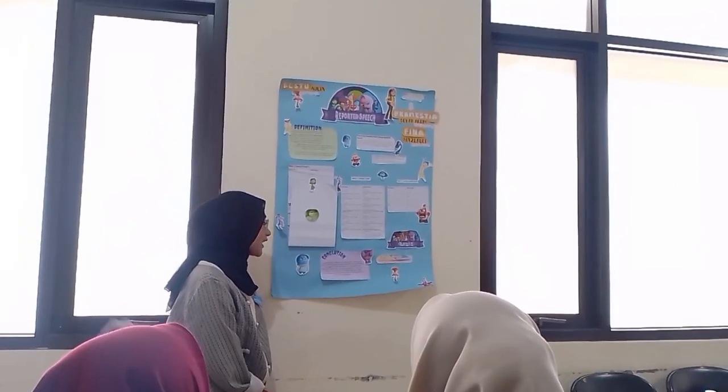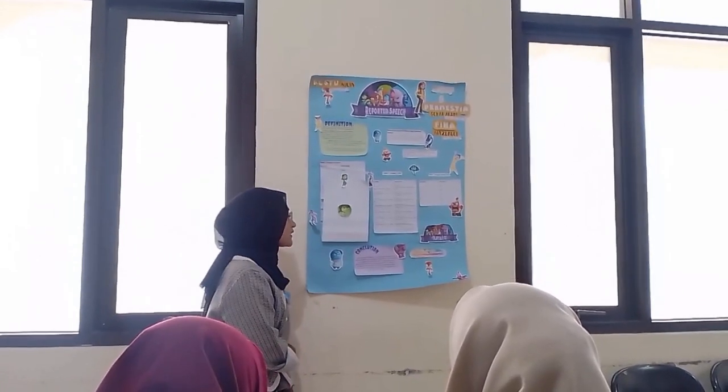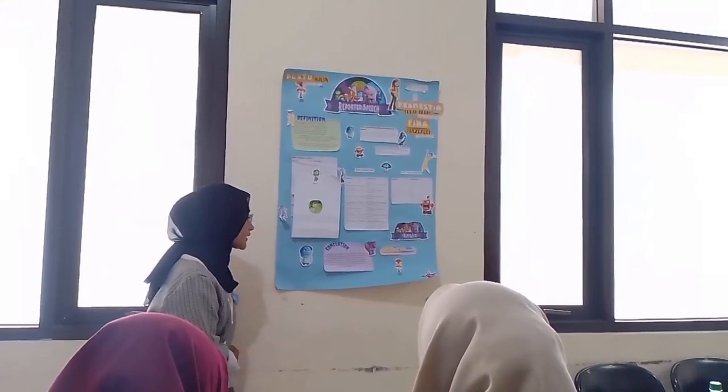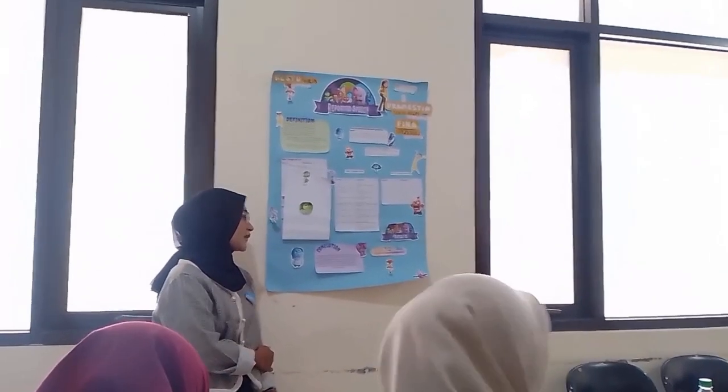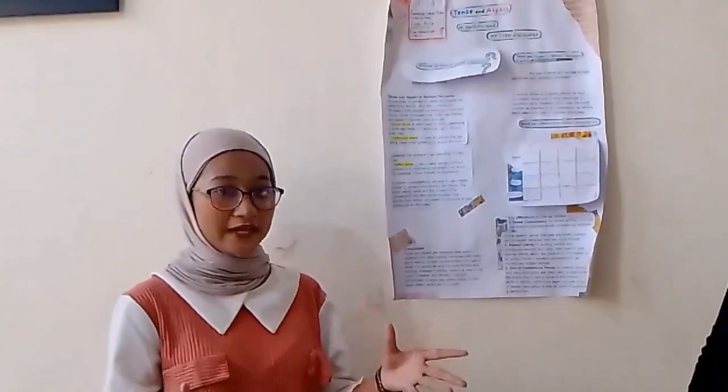With this poster assignment, we were able to interact more with the audience, for example, by asking questions. At the beginning of the process, we felt confused about determining the main elements that should be included in the poster on the topic of tenses and aspect in spoken and written discourse, also reported speech. At the beginning of our presentation on tenses and aspect, we felt that it was not enough, where we explained the material, answered questions, and also made posters. But for the second presentation, we were able to fix the things we regretted, although not perfect, but still better.